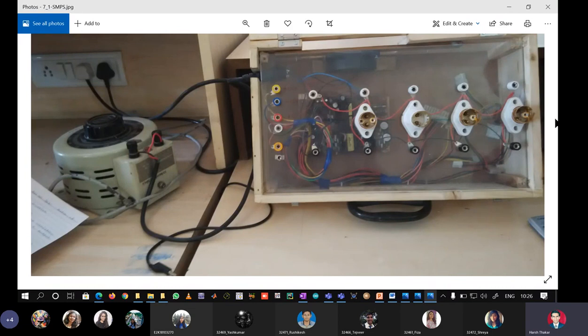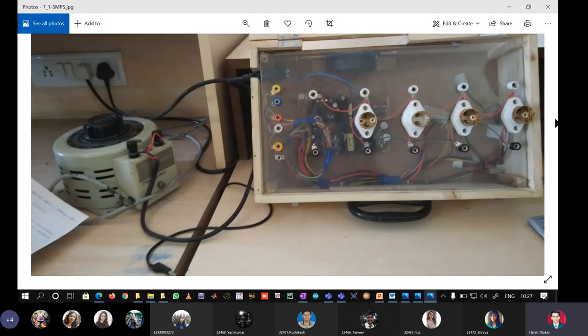Basically these SMPS units are designed to generate 12 volts or 5 volts when they are driven by 230 volt mains. But if the mains voltage goes above 230 volts or goes below 230 volts, an over voltage or under voltage condition, what are the variations in the values of 12 volt, 5 volt or 3.3 volt that we have to measure? So we had a very simple solution for this.